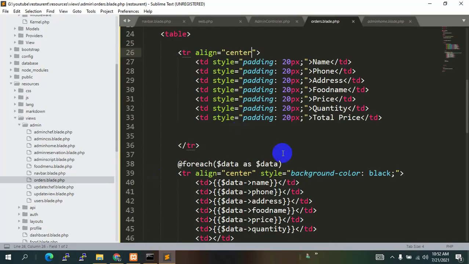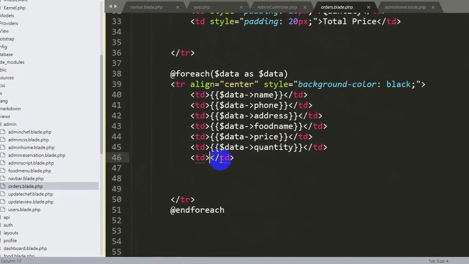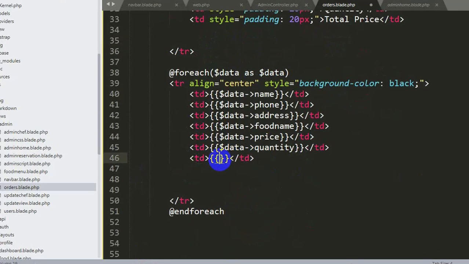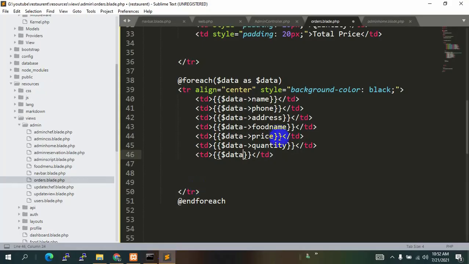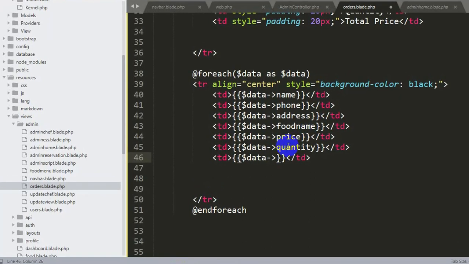Now let's go back to our code, and over here we'll give two curly brackets, and then we'll say $data. If you want to find the total price, then we need to multiply the price and quantity, right? So if we multiply this price and quantity, it should give us 150, right? So over here we'll say $data price, then we'll give a multiply sign, then we'll again say $data quantity,